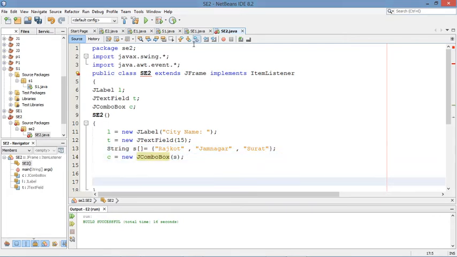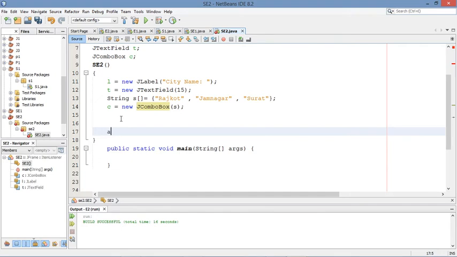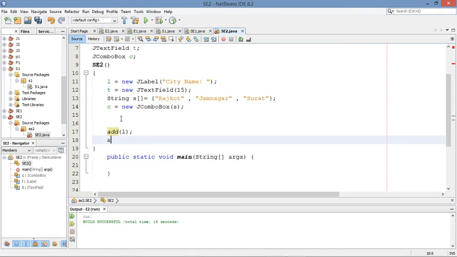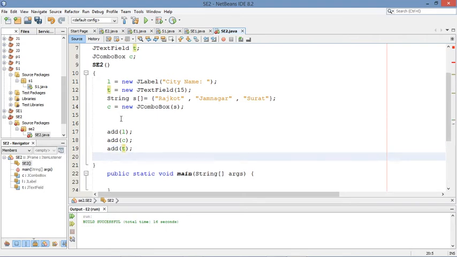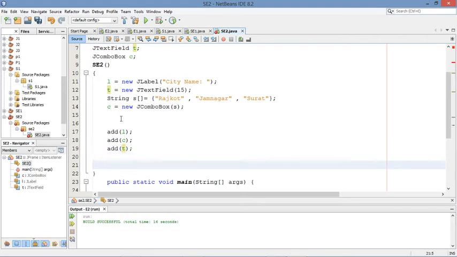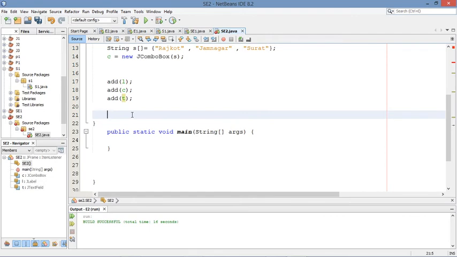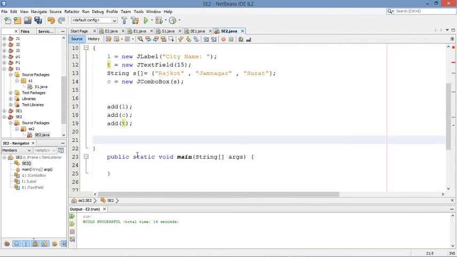Okay. Now what is the next step? Add all these components, in sequence. So first of all I want a label, then I want the combo box, and third I want a text field. So I'm going to add all these components in the container in sequence. And the next step is all these necessary methods. So the necessary methods are nothing but